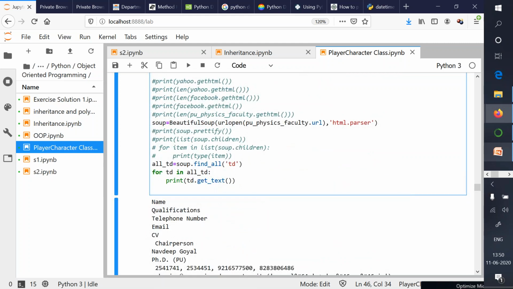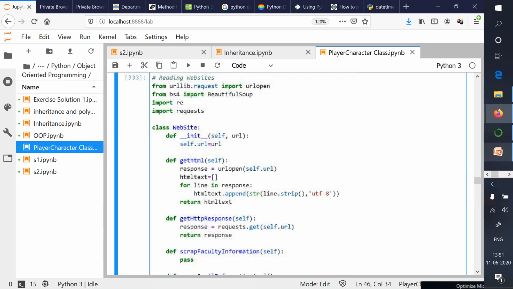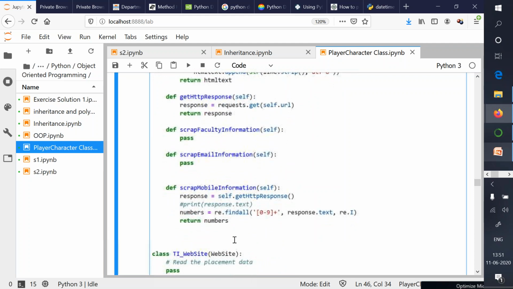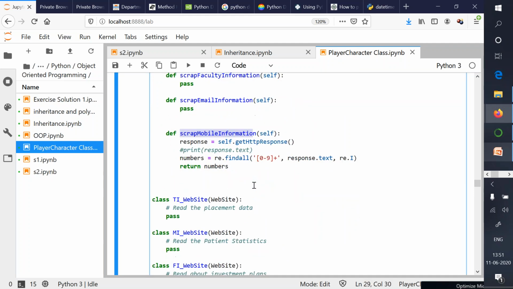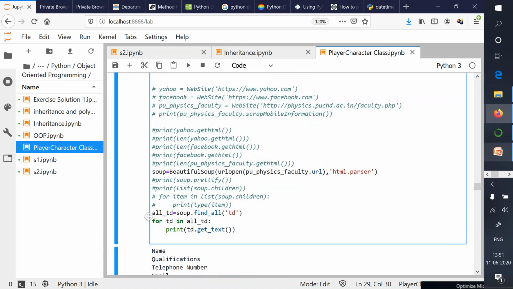So again, if I create an object of the website class, and try to call this function scrap mobile information on the PU physics faculty website, let's make all these things comments.